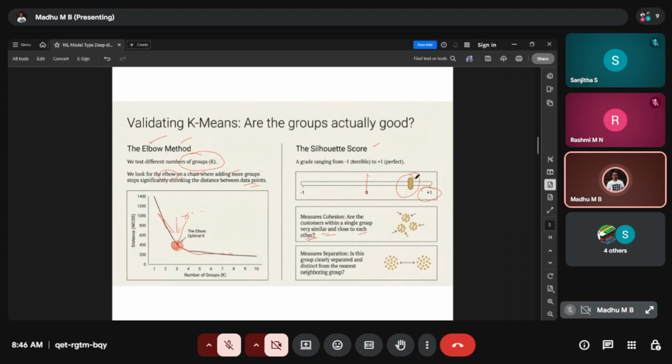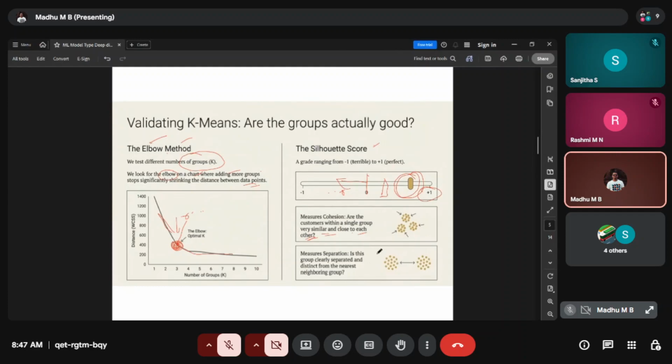If it is near +1, then the categorization we have done is proper. If it is near 0, the categorization is still okay. But if it goes below a certain value, that is below 0 or negative 0.8 or something, then we say the categorization the model has given us is not that great. We have to do the reiterations.